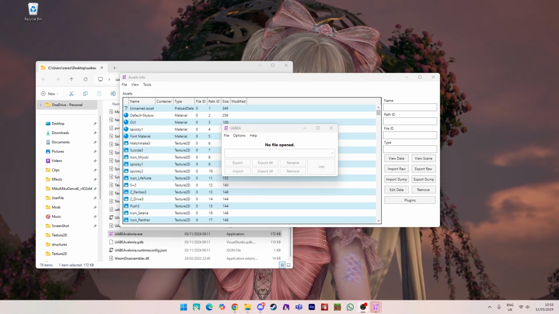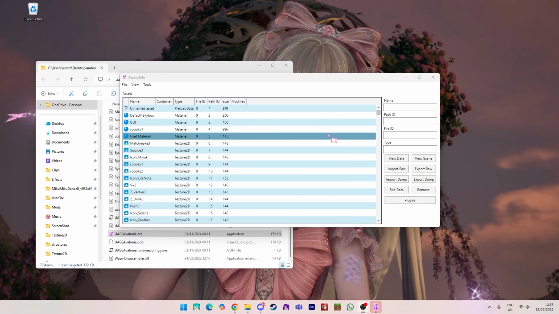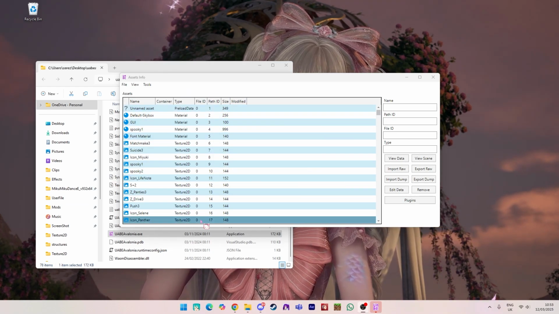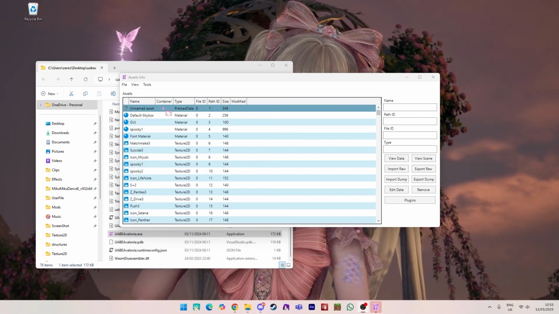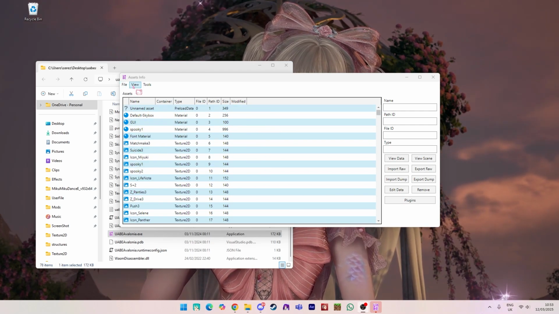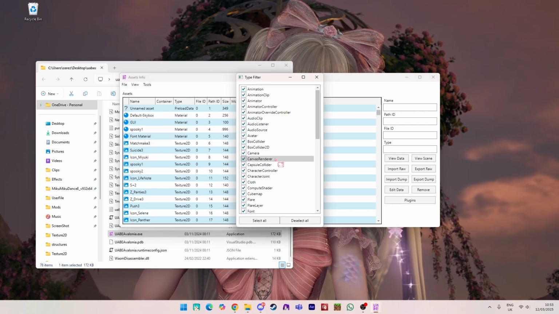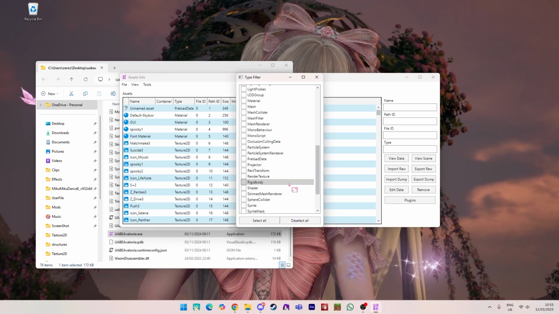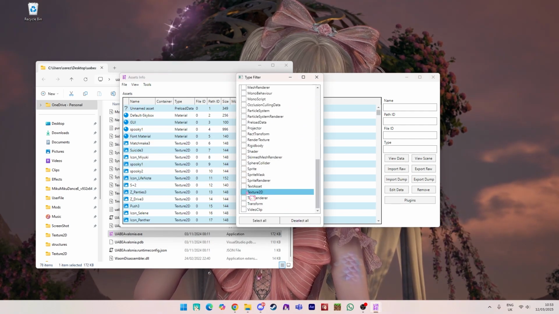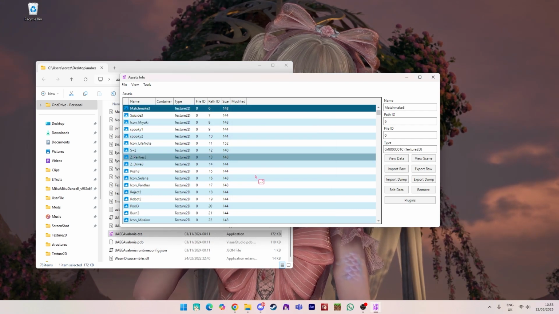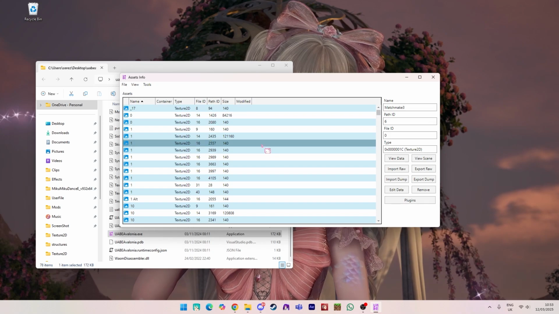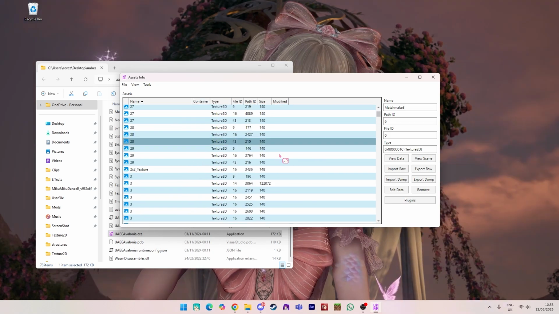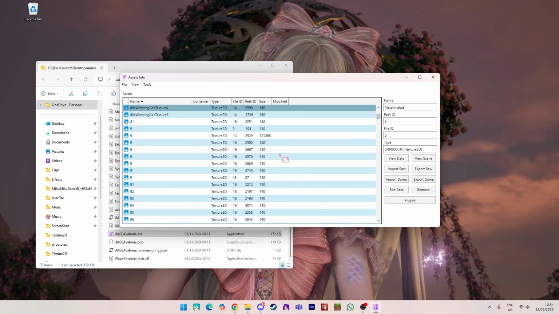Okay, now it's finally loaded after quite a bit of time. So now that we have all of the assets once again, this is different because we do not preview the assets. So we're going to go to View, Filter, and then deselect all because we just want the Texture2Ds. Take that and then press off it and it will reload it. Also press Name so that it sorts by alphabetical order